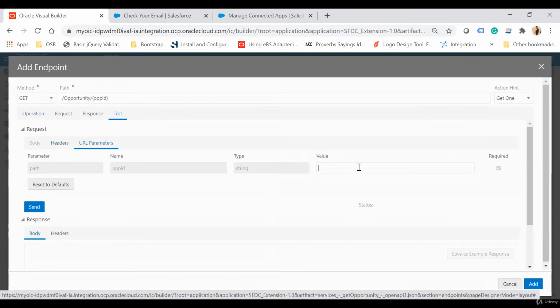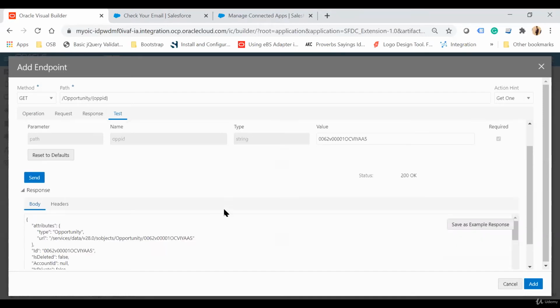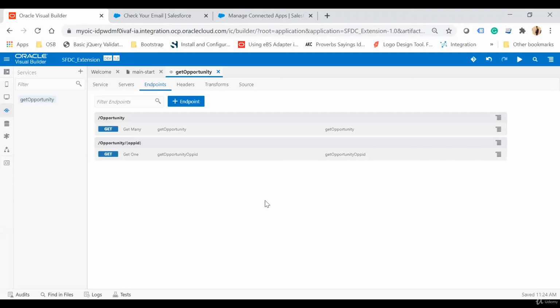Yeah, so this time this has been created, and try to put the actual ID here and see if it is working or not. Then here you can see it's working successfully. Save as example response and then add. Now another endpoint has been added. Go to the web application again,